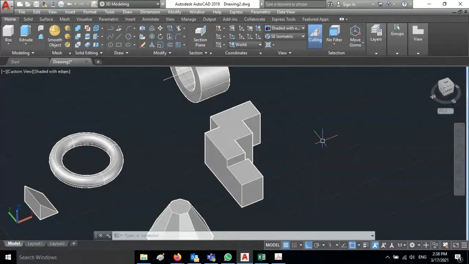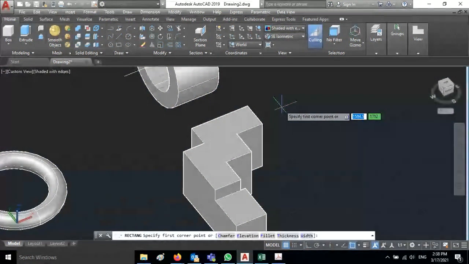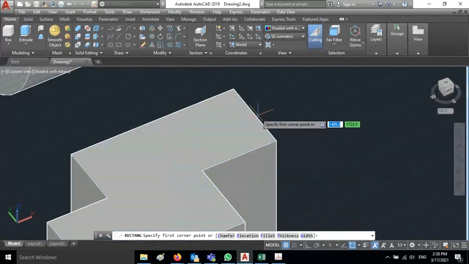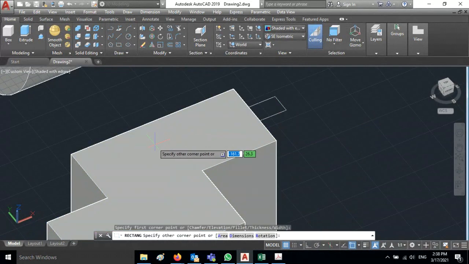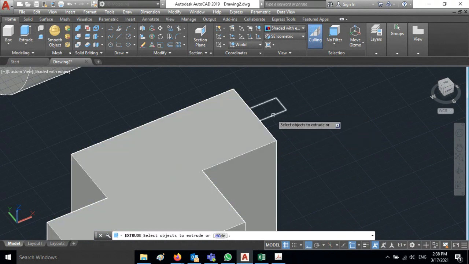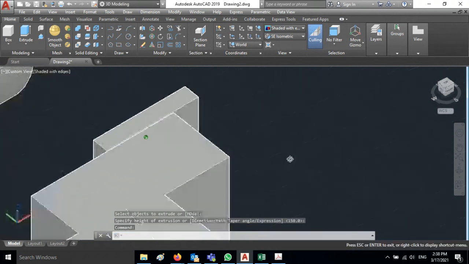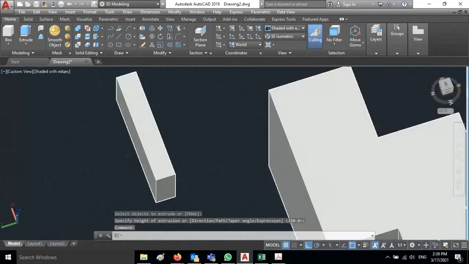Similarly, we can also do the intersect object. I'll just show you how to do that. I'll extrude this object 150. It is in different places.